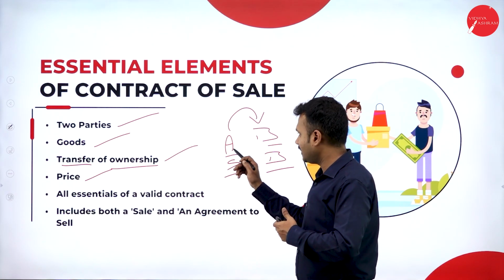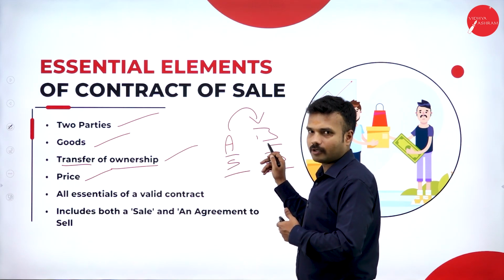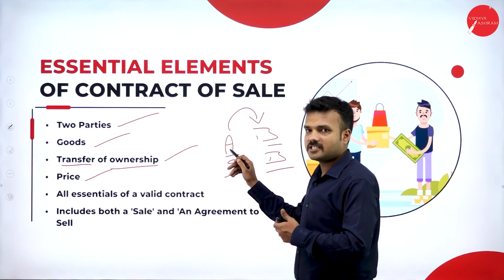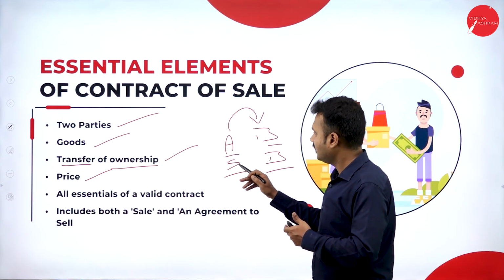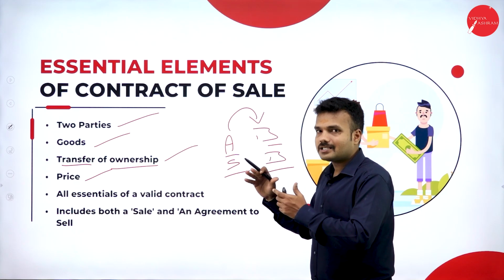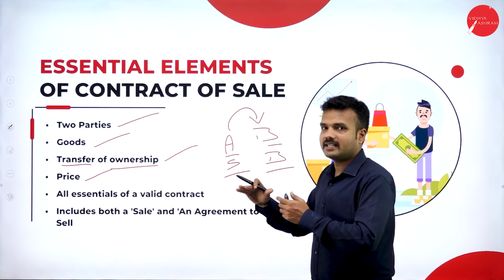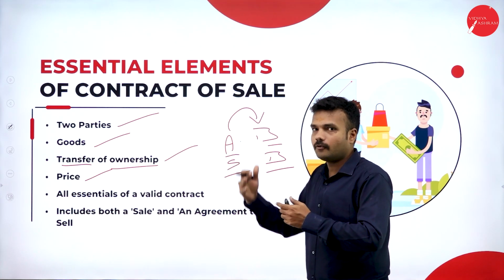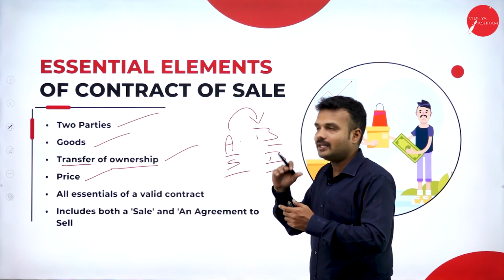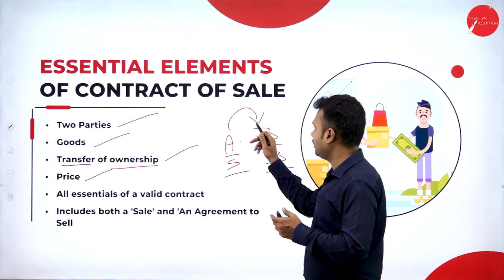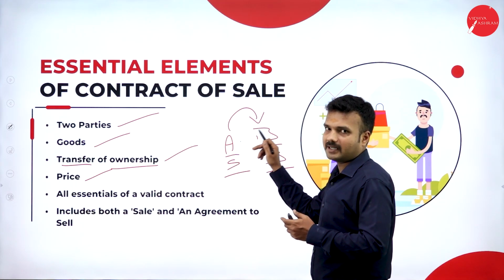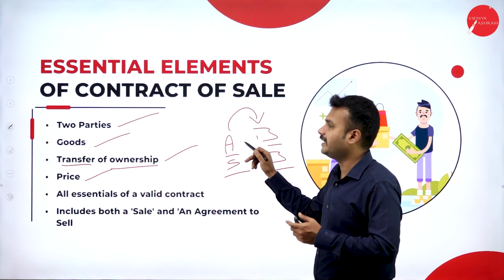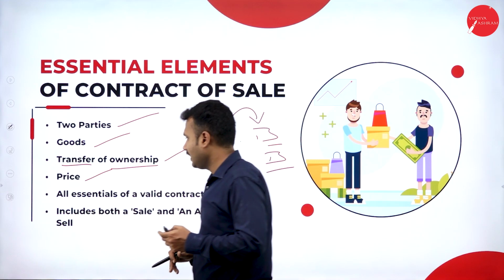Here, his car is a consideration for Mr. B, and Mr. B's car is a consideration for Mr. A, right? So the consideration need not be in monetary terms according to the Indian Contract Act. But in terms of the Sale of Goods Act, the consideration must be in monetary terms. For example, if he is going to sell a car, he cannot give him a car, but he is supposed to pay money. Everything is measured in monetary terms.